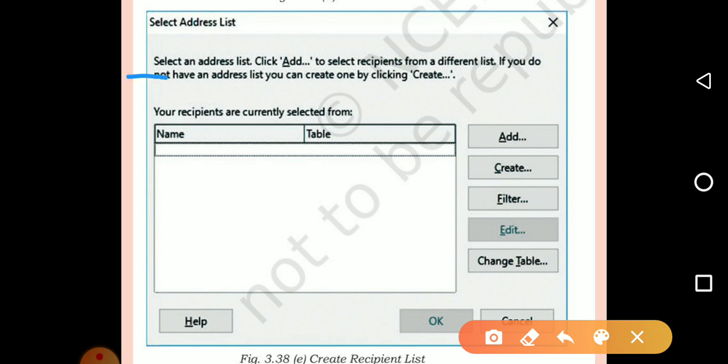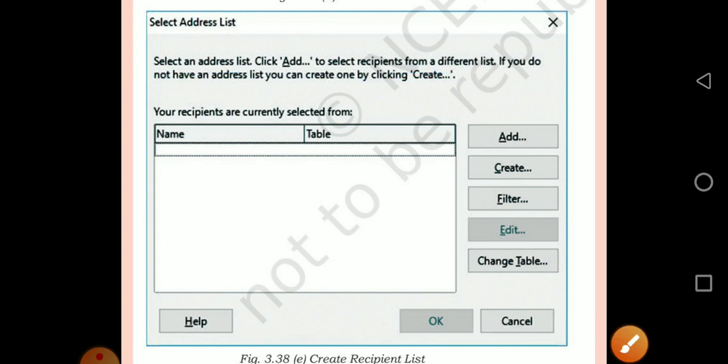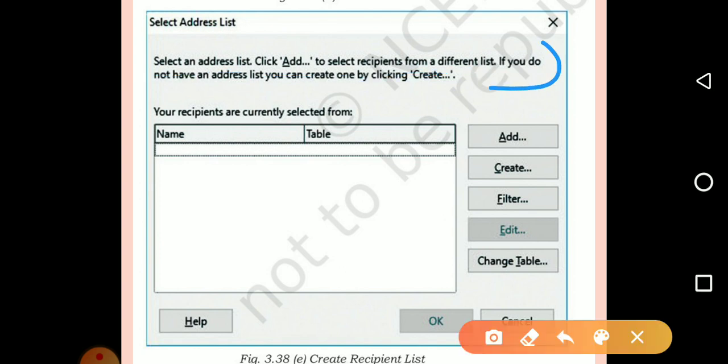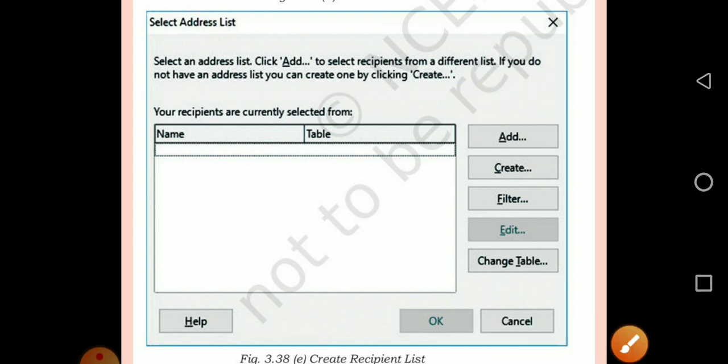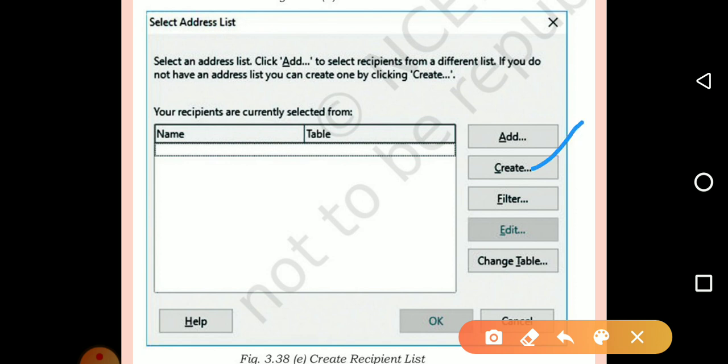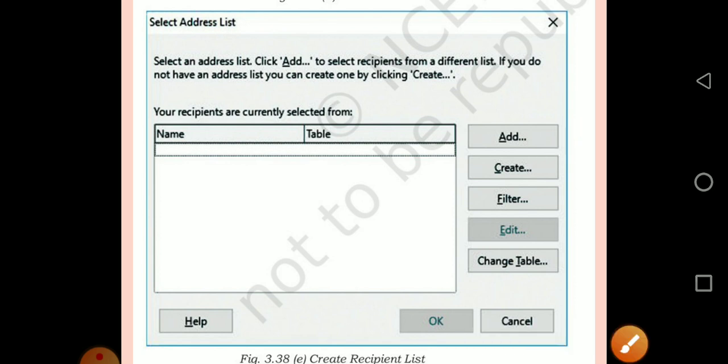Select an address list, click add to select recipients from a different list. If you do not have an address list, you can create one by clicking the create option. So here you are going to choose the create option and you can create the recipient list.